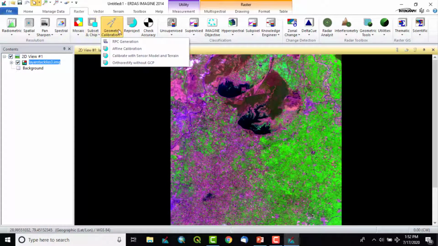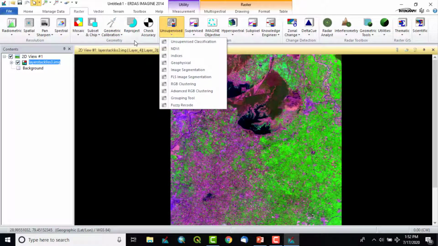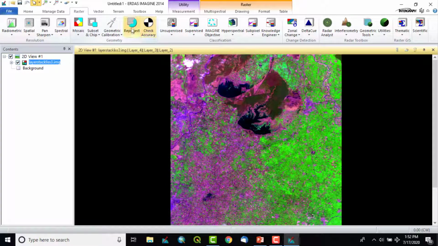Then geometric correction is how we can georeference a scanned map or a raster image. Then reproject, how we can change the coordinate system of an image. Then check accuracy, how to check the accuracy of the geometric corrections.